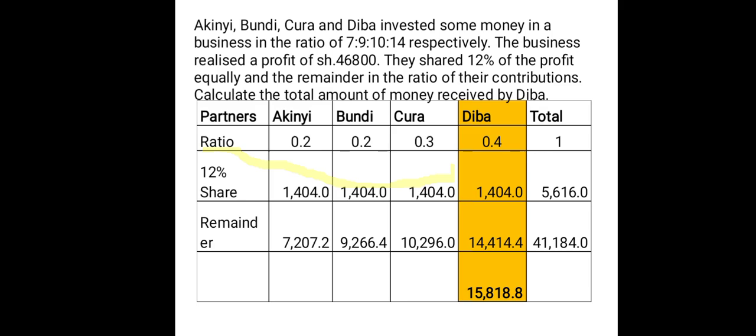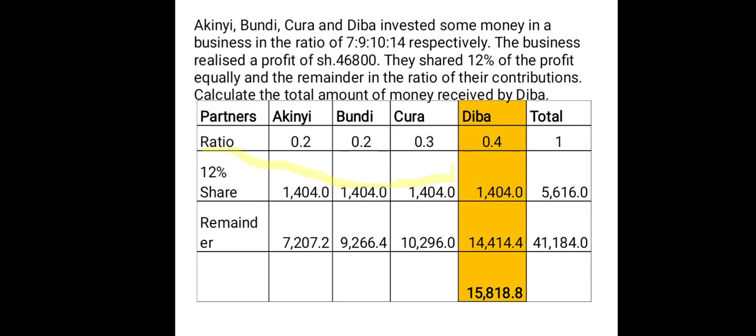The system I was using rounded it up, but it is 0.175 if you take 7 over 40. Bundi gets 9 over 40, Kura gets 10 over 40, and Diba gets 14 over 40 of the amount, 41,184. So the second last column, which I've said the remainder, you can clearly see